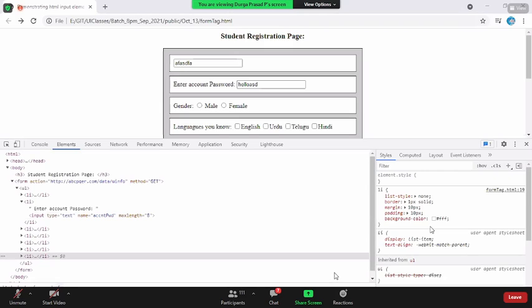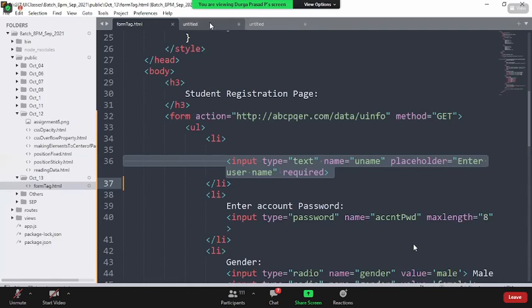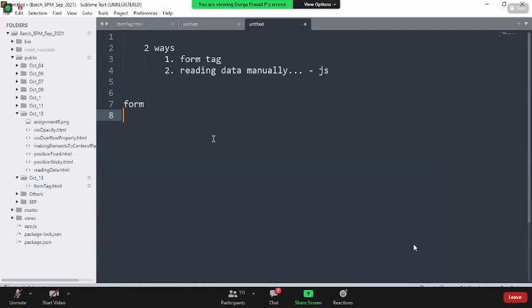After submitting the submit button, a pop-up window should come, and a verification should be given to the users whether all the fields are correct or not. So that is where, if it is a form tag, if you remember earlier, I was saying that in order to read the data from the form tag and send the data to the server, we have two ways.